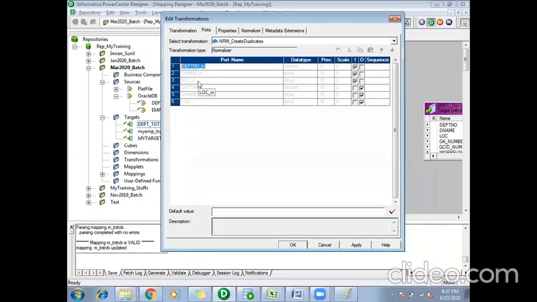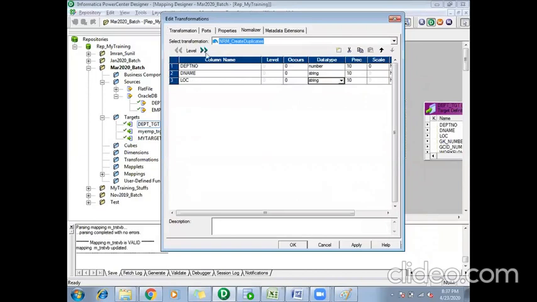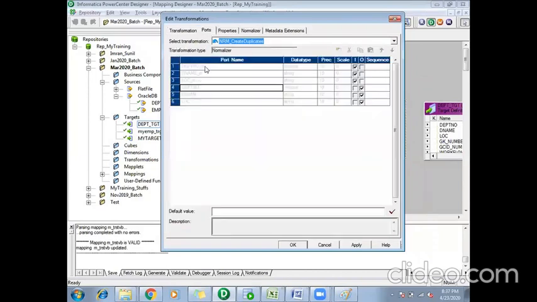One is the input port, named with the column name followed by underscore in, and marked as input, and there will be a corresponding output port also. For every port I create in my normalizer, in the ports section it will create a corresponding input and output port. This is the second thing.